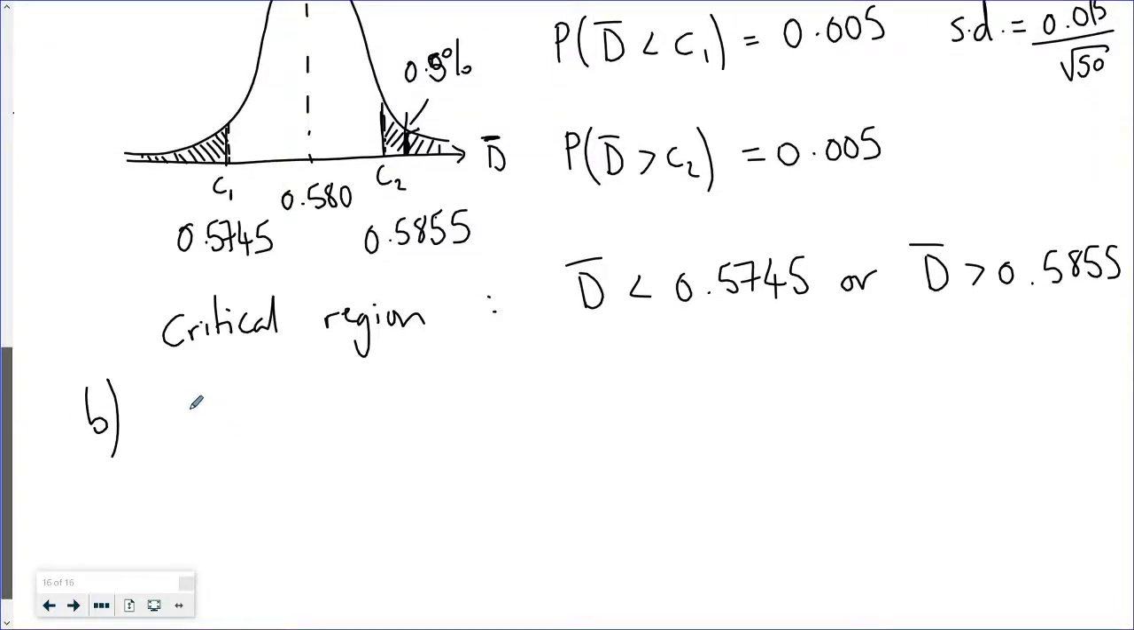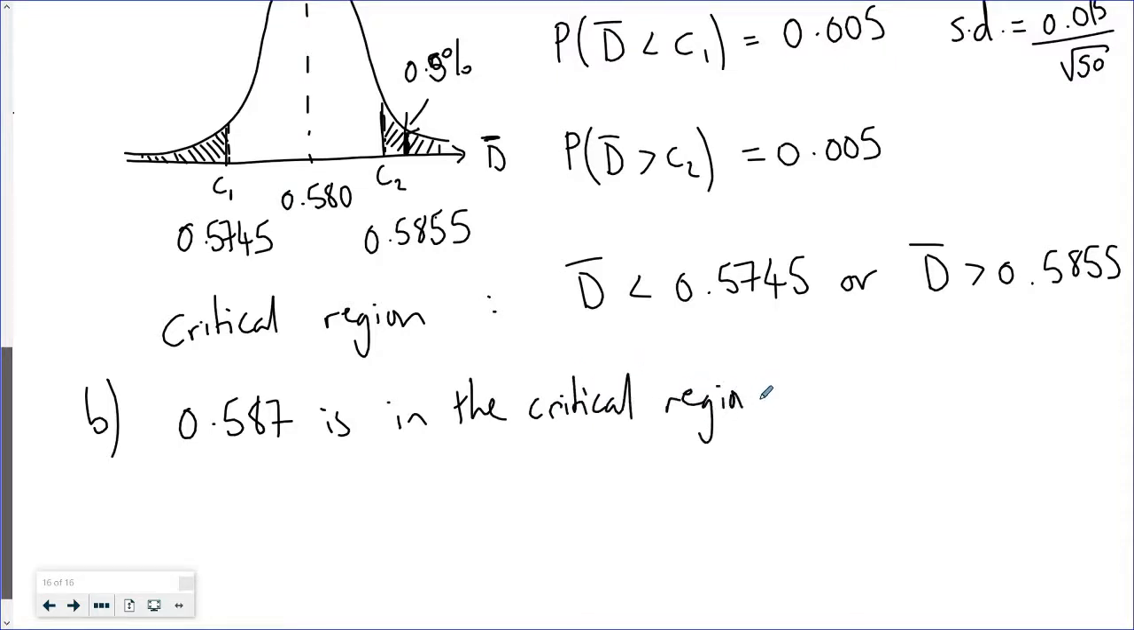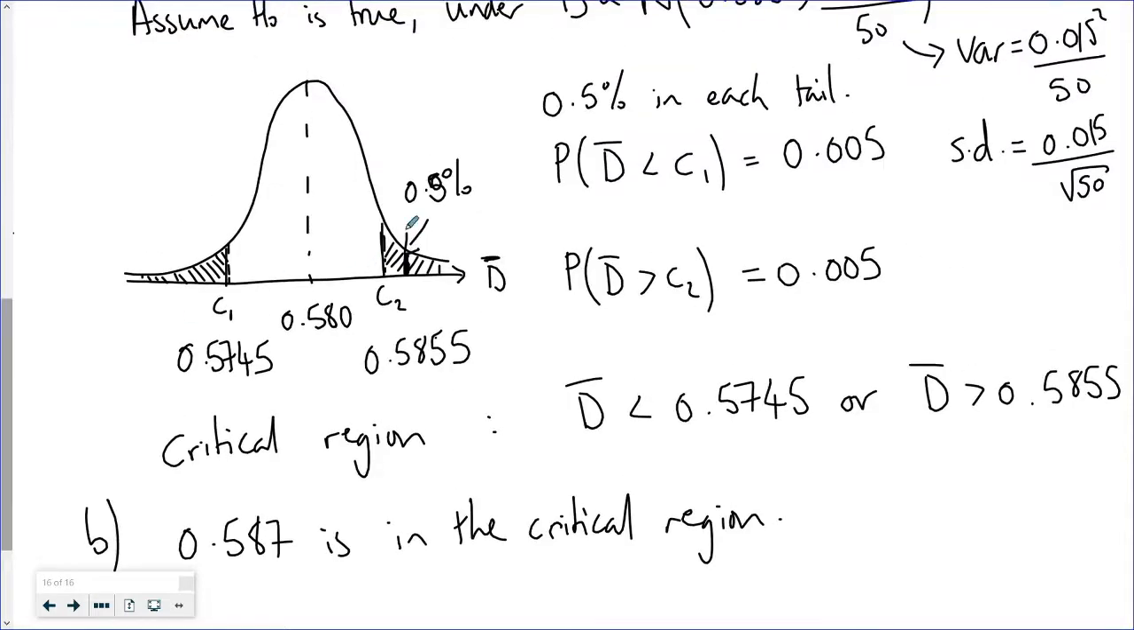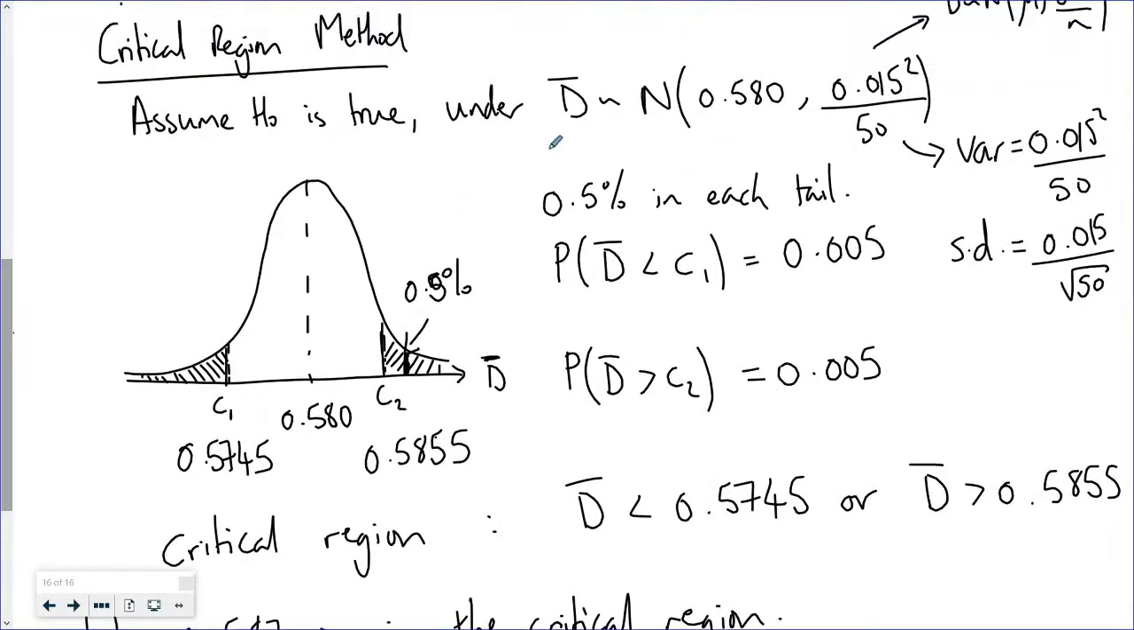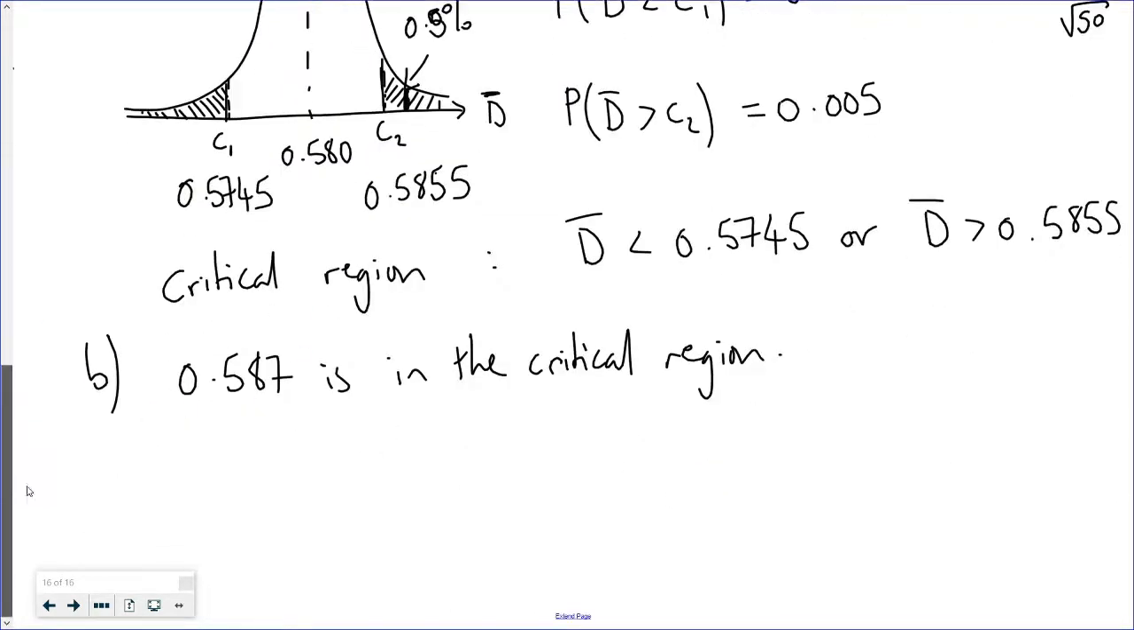So let's say that 0.587 is in the critical region. So this basically means that it's so unlikely that I would land here that it seems sensible to say that this distribution is wrong because it's so unlikely that I would land there. So it's in the critical region, so we're going to reject H0 and we're going to say there's evidence to suggest